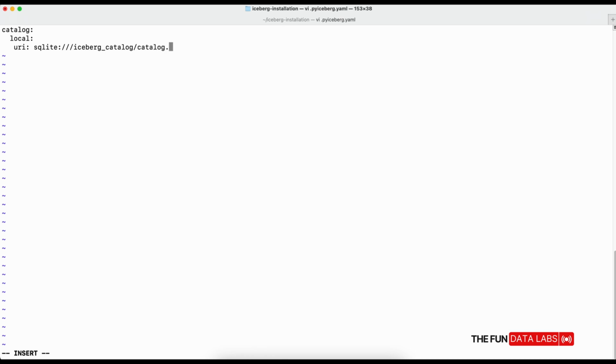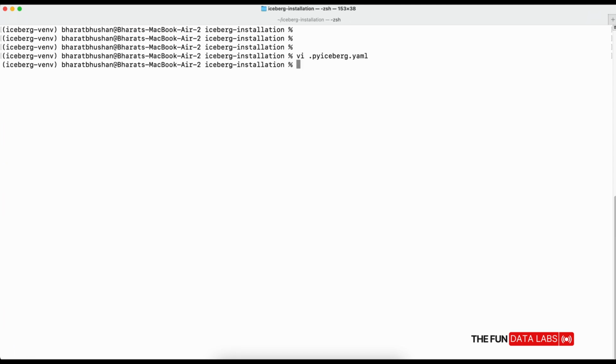This configuration tells PyIceberg to use a catalog named local that uses a SQLite database stored in the iceberg_catalog folder, with a SQLite DB file named catalog.db, and to store data files in the iceberg_catalog directory.